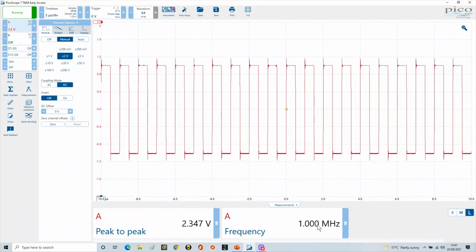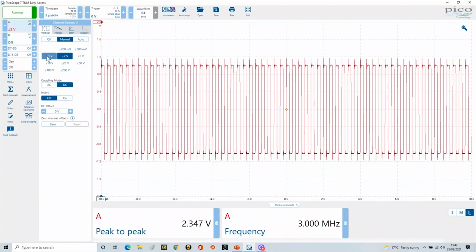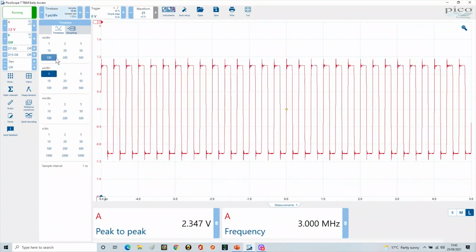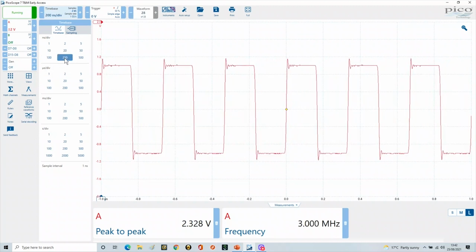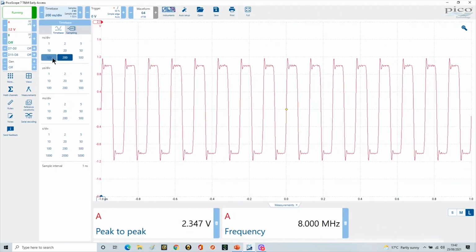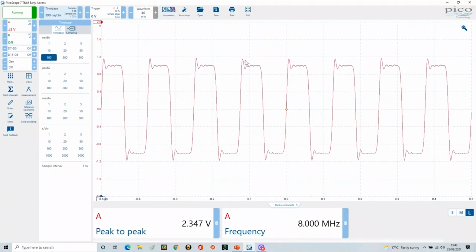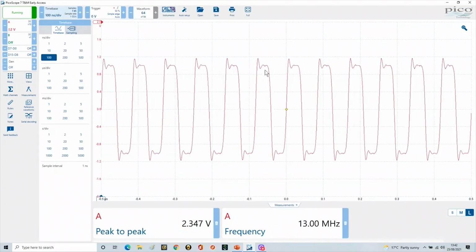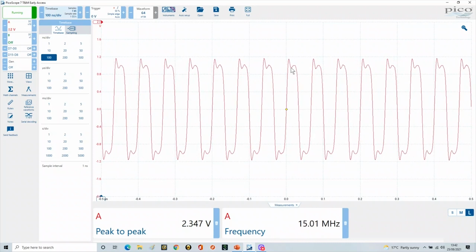And now what I'm going to do is increase this and see what happens. I'm just going to open up the time base here and open up a bit more. There we go. And look, examine this. So we're on 3 megahertz now, 4 megahertz, 5. And I'm just going to increase the time base again. And you're starting to see this ringing as well, but also you'll start to see the formulation of these double